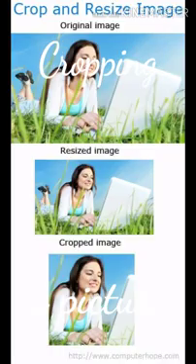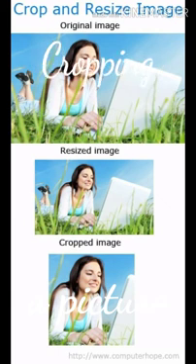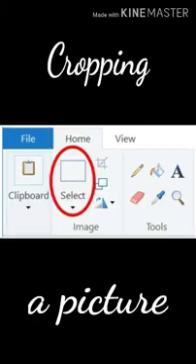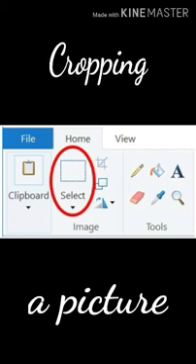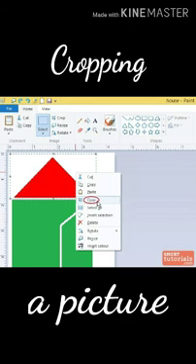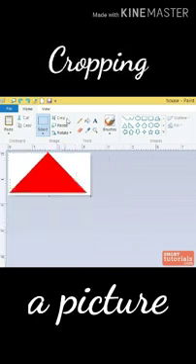I hope you can see this image clearly. This image is an example of a large image that was cropped to make it smaller. Children, you can follow some steps to crop an image. First step, click on the select button. What I told already, select button is there in the image group under the file tab, isn't it? Just click on that button. Next step, move the mouse pointer and select a part of the picture. Last step, click on the crop button. At last, the cropped image will appear as a new image.